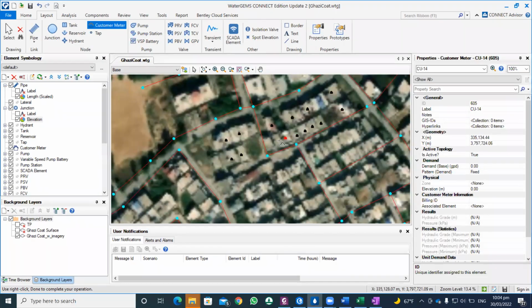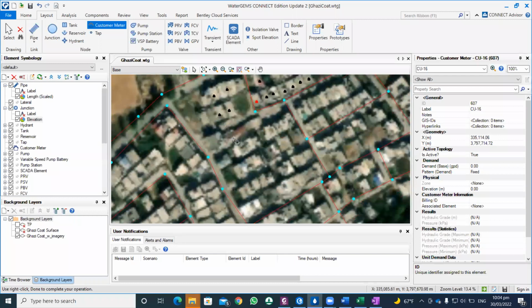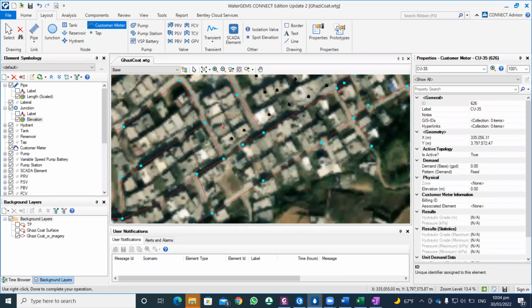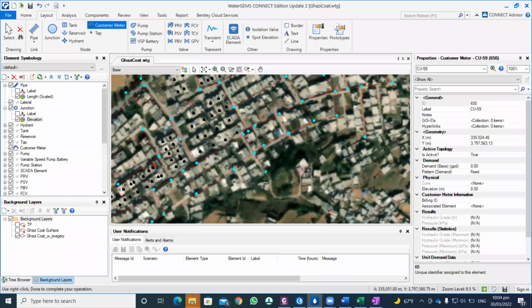You can easily count it from here. So this is basically more plus. You should download it in a proper way so that it can be seen easily. Creating each and every one will take more time. Therefore, it's enough to show you how to use the customer meter method in order to assign a demand